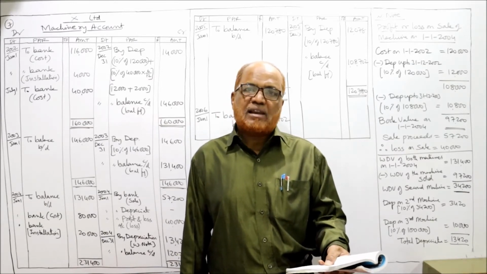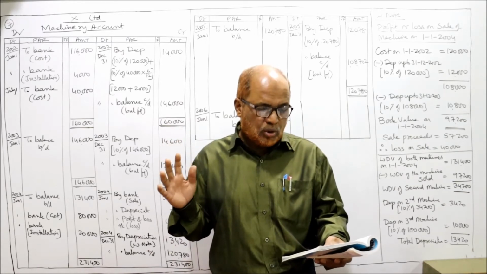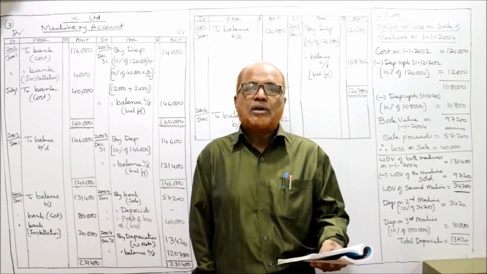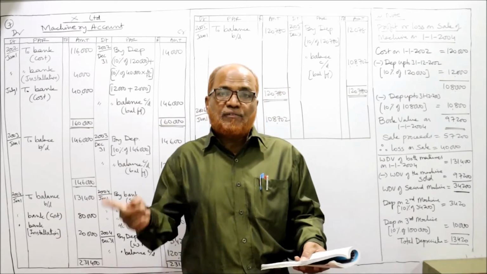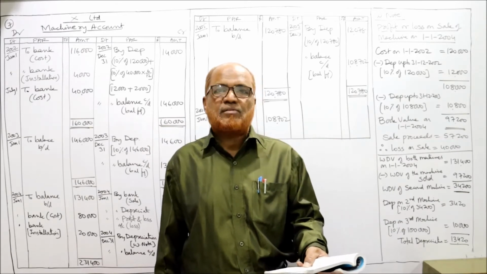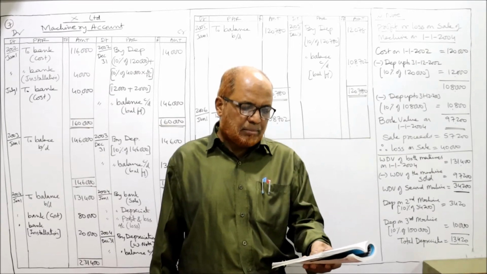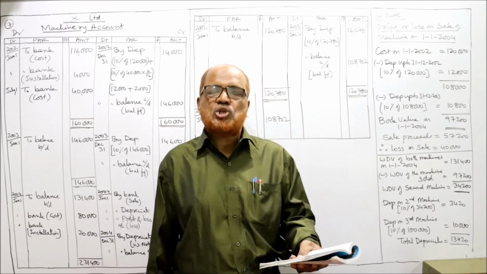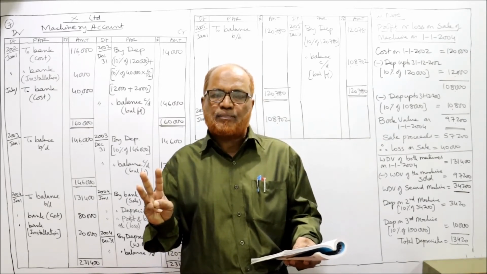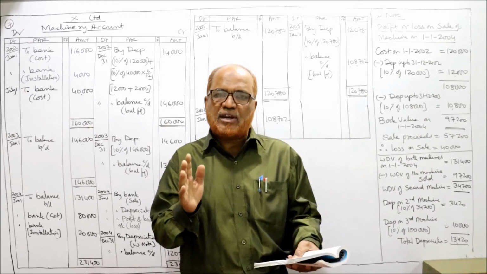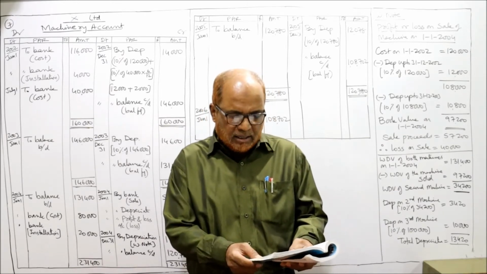On 1st January 2004, the machine purchased on 1st January 2002 was sold for 57,200. So on 1st January 2004, the first machine was sold away for rupees 57,200 and a new machine was purchased for 80,000 and installed on the same date by paying 20,000. That means installation charges 20,000. Another machine was purchased. So totally 3 machines we have. The first machine purchased on 1st January 2002, second machine purchased on 1st July 2002 and the third machine purchased